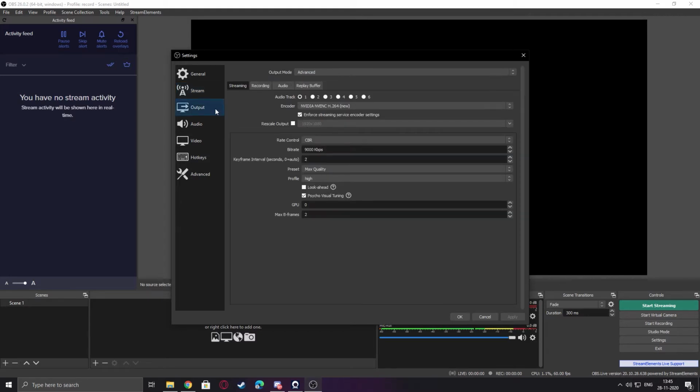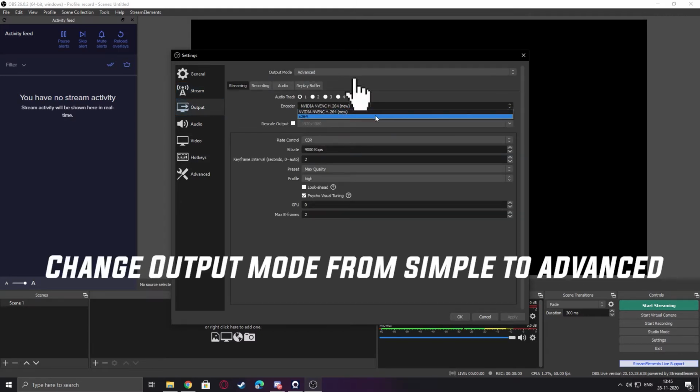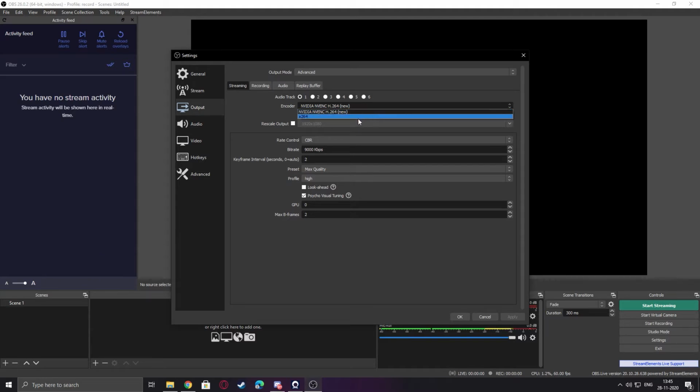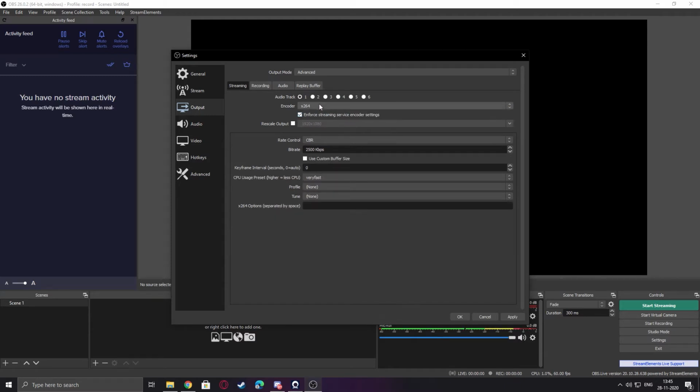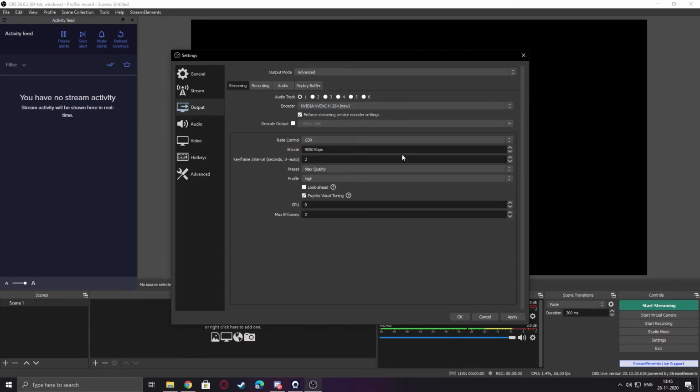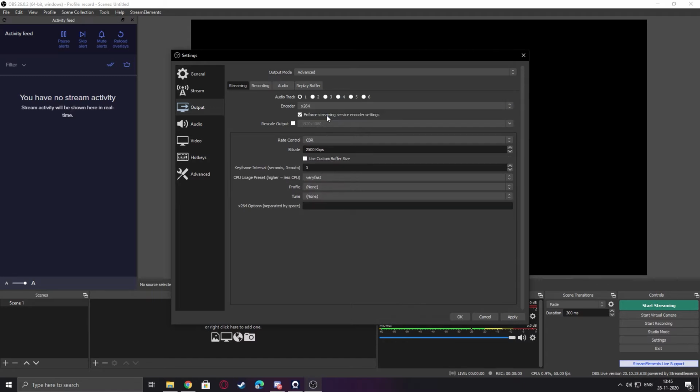So now let's go to output settings. There are two options for me. One is X264 and one is NVIDIA NVENC. So what are these two? X264 is the encoder which uses your CPU to encode the stream, and the NVENC uses your graphic card's dedicated encoder. For NVIDIA it's NVENC. For AMD I don't know what it is, but it's bad. Really, I'm telling you. So first let's go over our X264 settings.